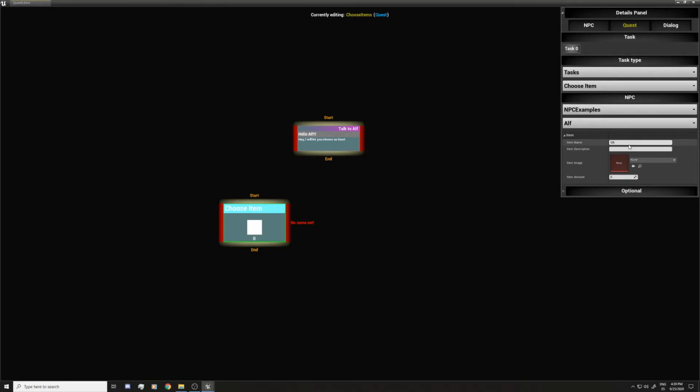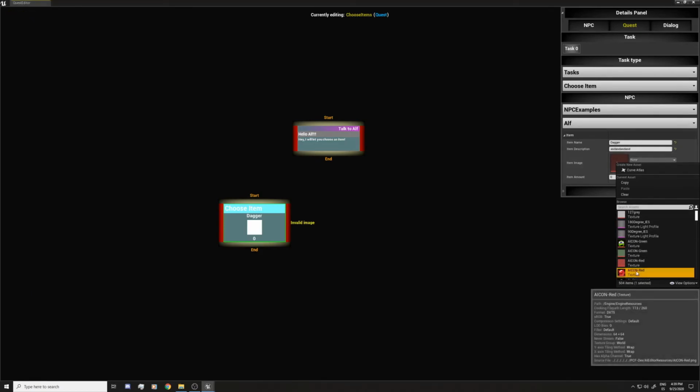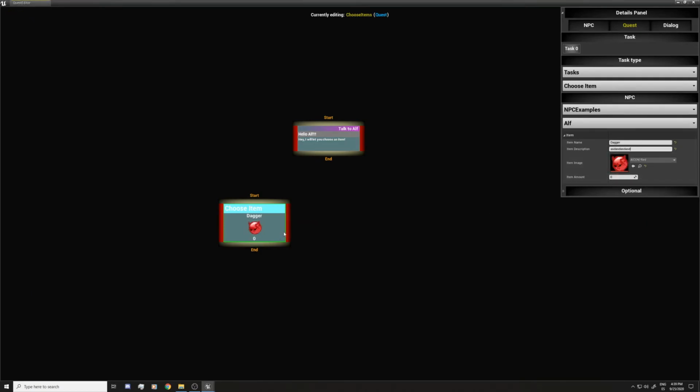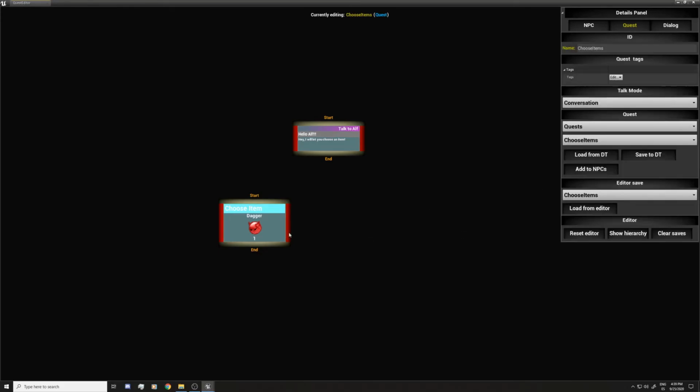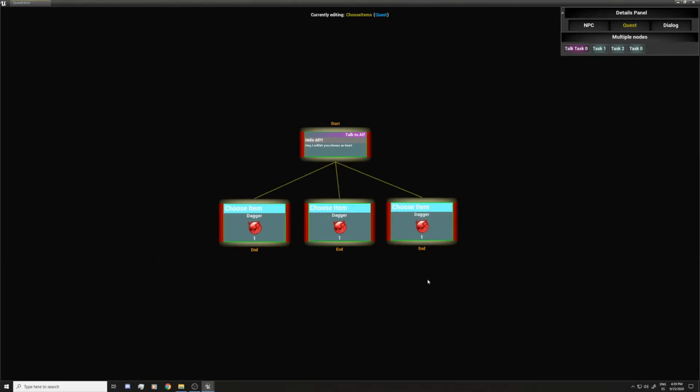The item is gonna be dagger. I'm just gonna type something. I'm gonna put some image just like that, and I'm gonna copy it. It's a little bit bright, the color that we use.